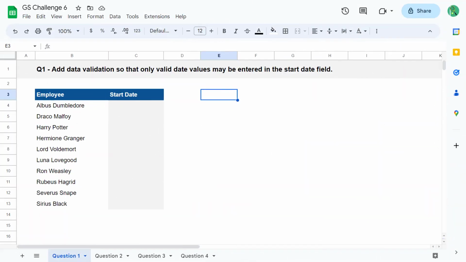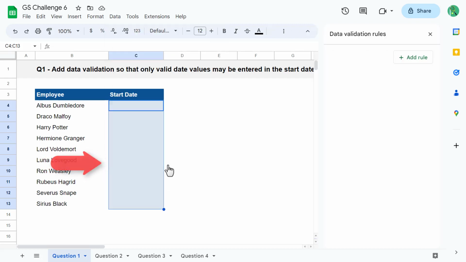Alrighty, let's get started. For question 1, your task is to add data validation to ensure that only date values may be entered in the start date field for each employee. So the first thing that you should do is select the range C4 through C13 where all of the start dates will go. Next, go to Data and then Data Validation, and in the panel on the right, click on